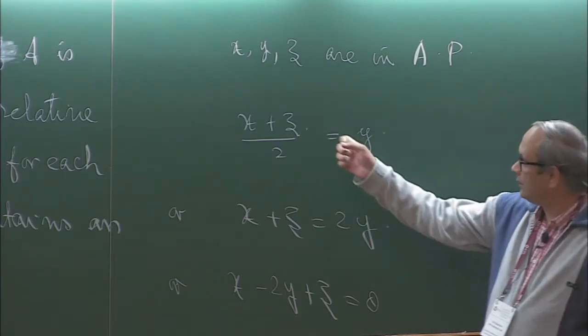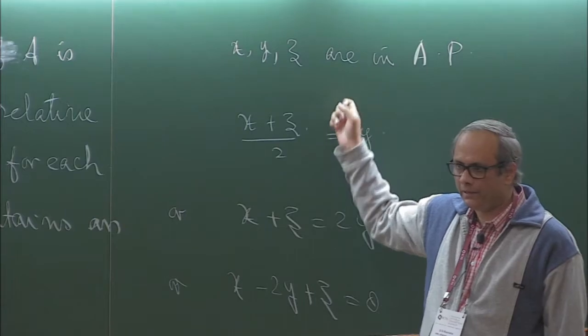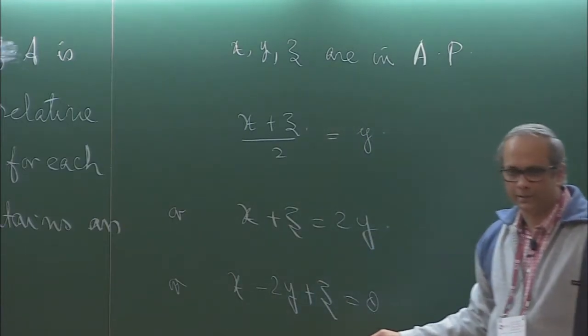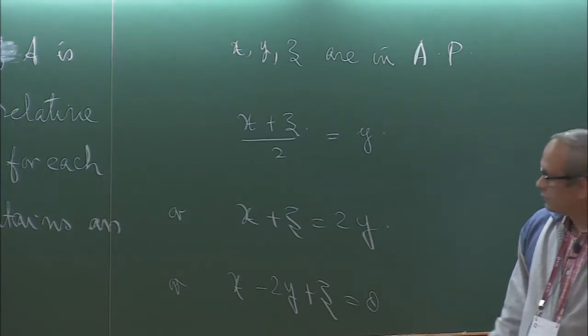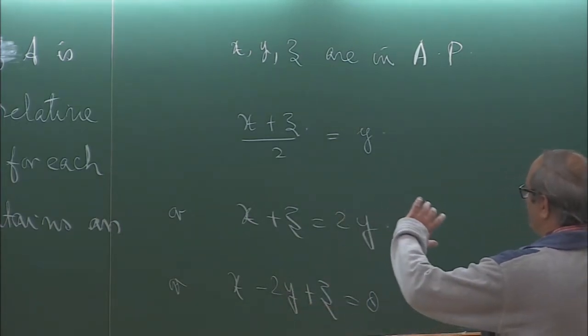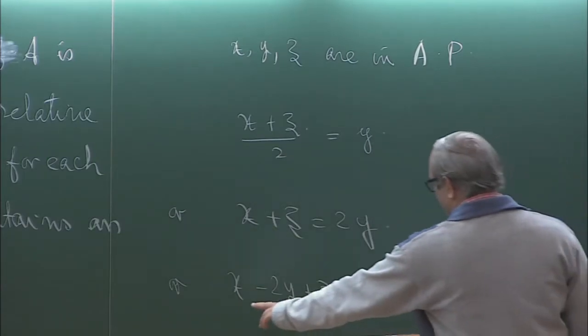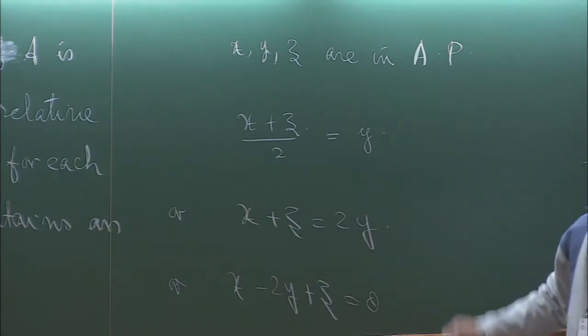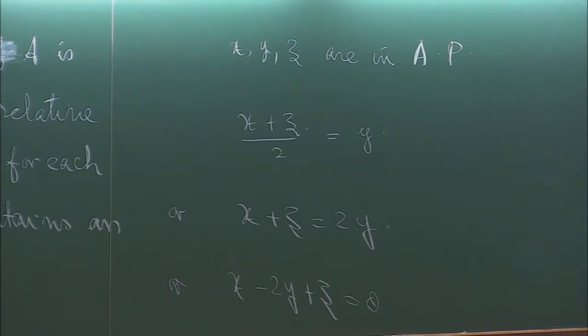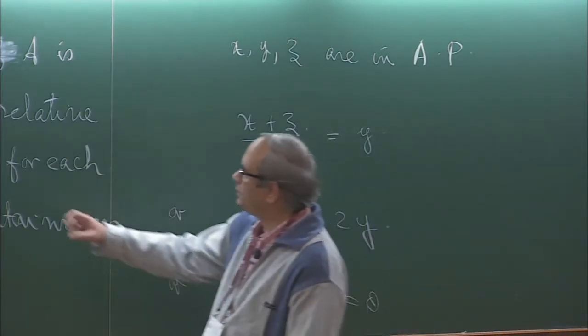The fact that x, y, z are in AP is equivalent to saying that x, y, z satisfy this particular equation. So with 3-term APs, it turns out that studying a single translation invariant equation is probably the easiest case in this sort of a theorem, and therefore